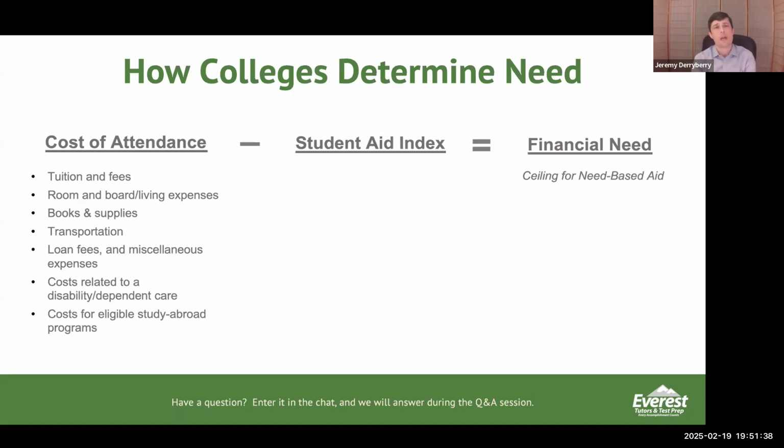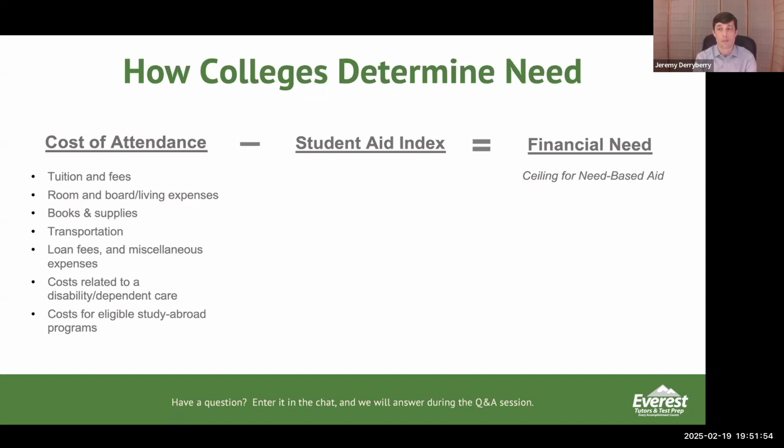One thing to know is that the information going into the FAFSA calculation is the prior year tax return. So if you or your spouse lost your job, or you had a death in the family, or some other major thing has happened in between,